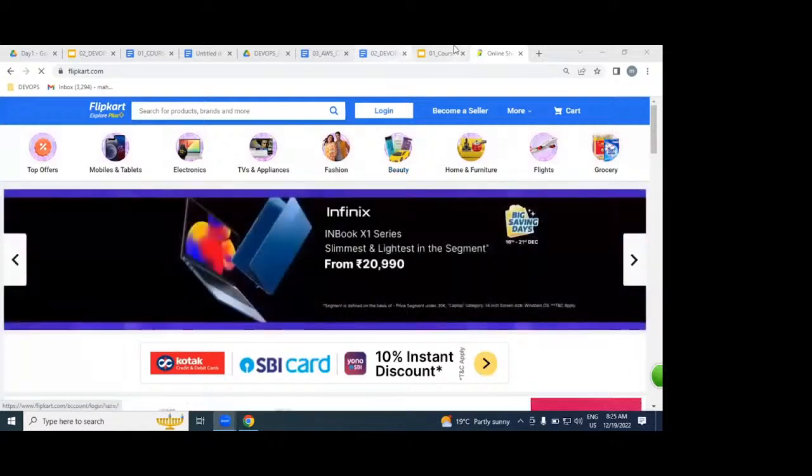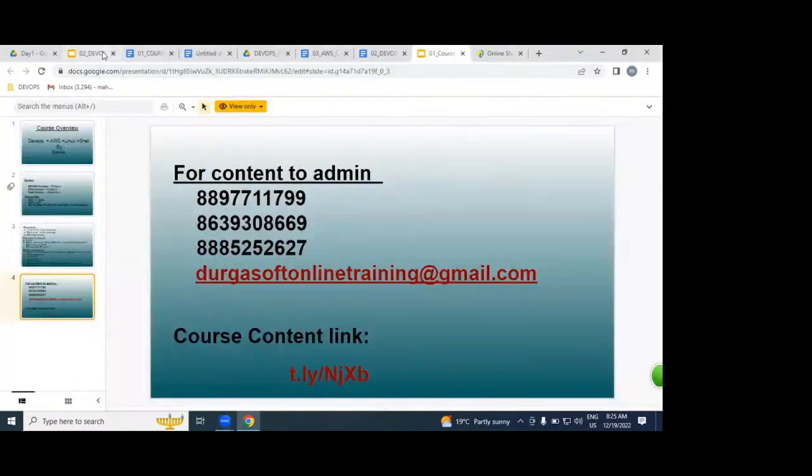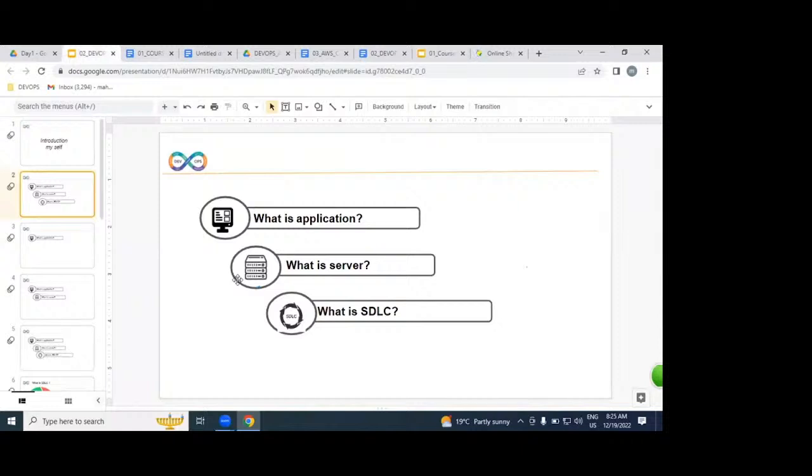If you ask me for the definition, what is an application? The working software which is written in any programming language, like Java, .NET, Python, we call an application.